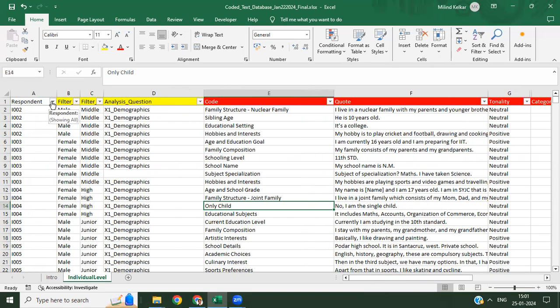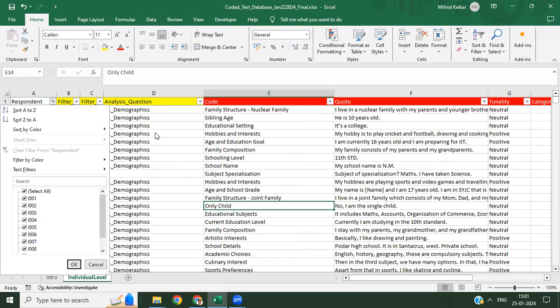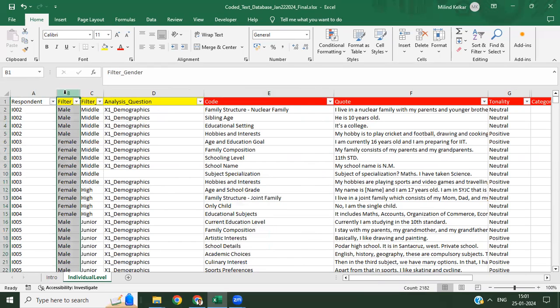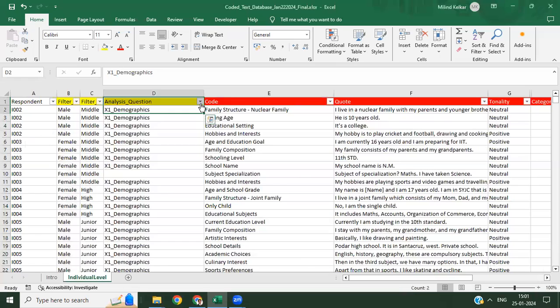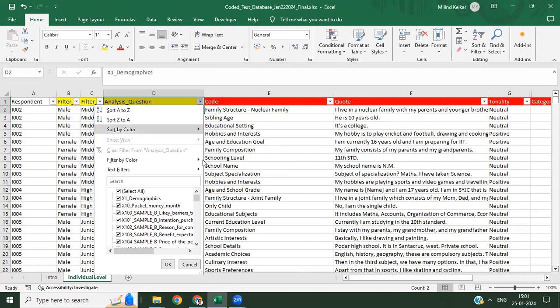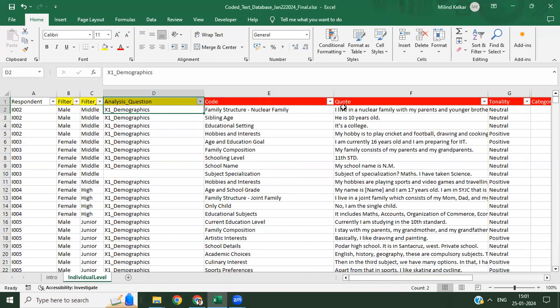There are close to, as you can see, 10 respondents, and you have their corresponding profile information, whether they are male or female, or whether they belong to junior school, middle school, or high school. You have what is known as the analysis question. You have asked usage and attitude questions across different samples of pen for different questions, and you have for each